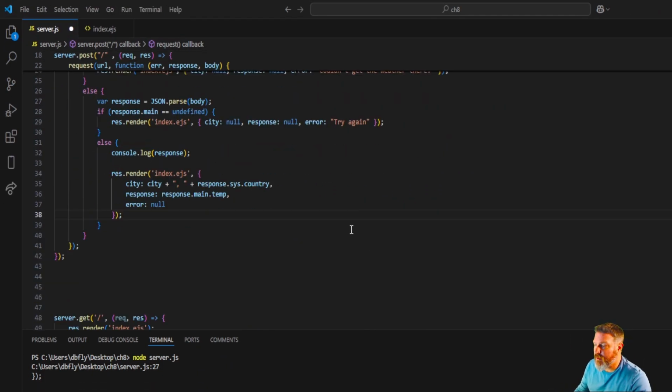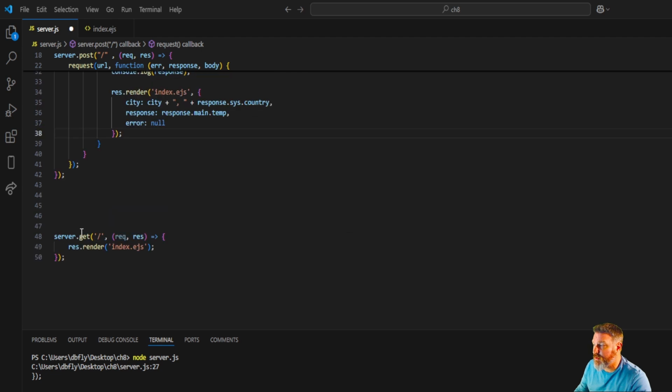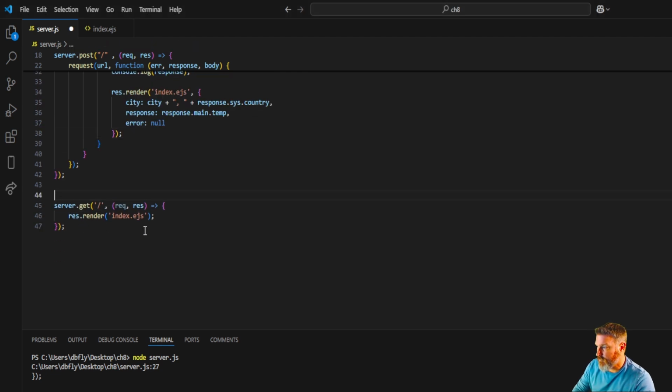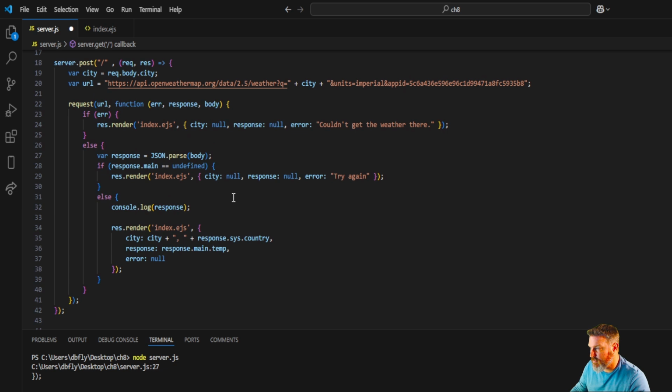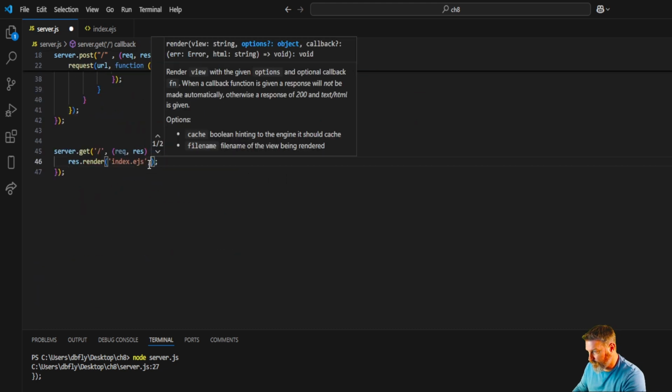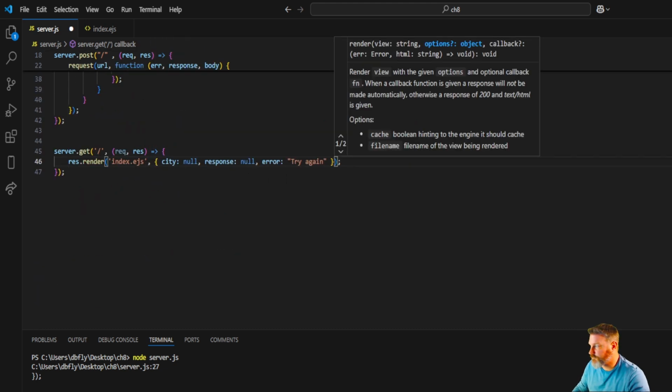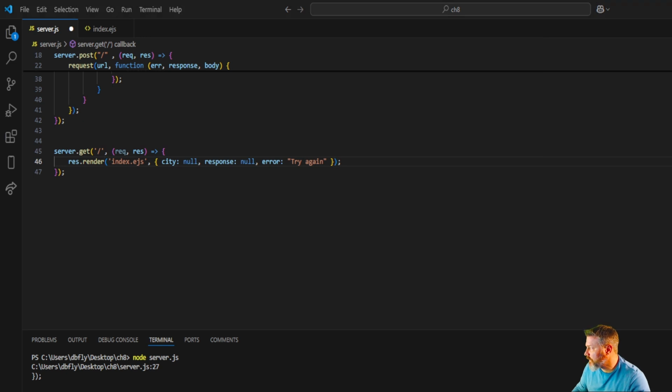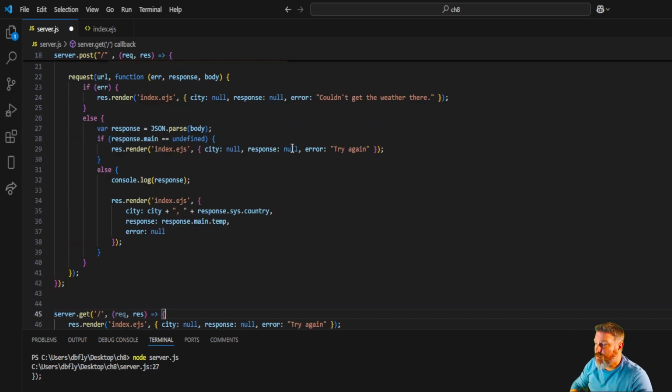Oh, one more thing that we actually have to do is in our server get, we have to render the kind of the same thing we're doing here. Not sure if we need the error. Anyway, so we've got the server going out, we got the request going out and the information coming back, but